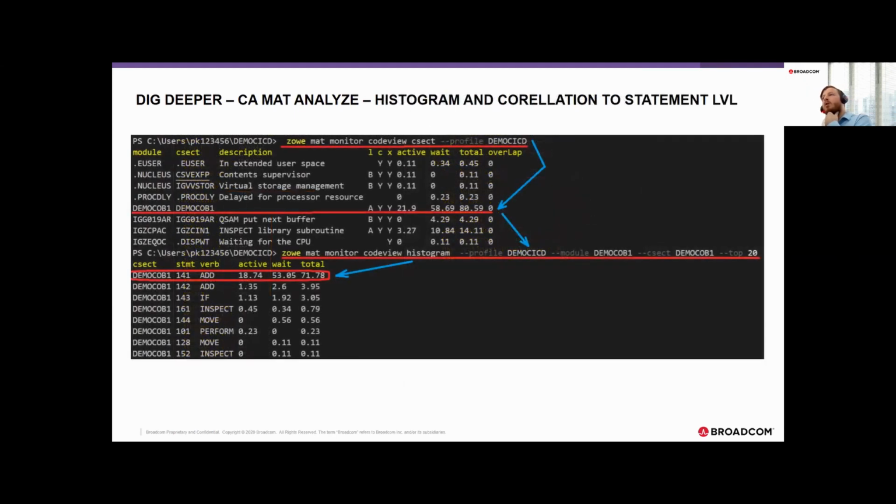So when we take a look at the code view itself, we have another command that would say zowe mat monitor code view CSEC for this profile. That would bring you the output of our code view. And in the code view, you would clearly see that our DEMOCOB B1 application was the heaviest hitter here. It was responsible for 22% of the activity and 58% of the waits in general throughout the